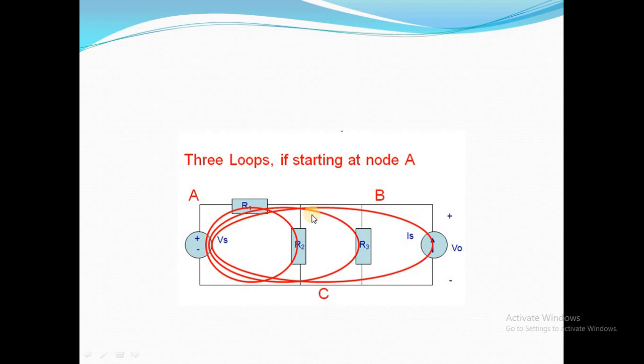So how many loops are there? What is the definition of a loop? It starts from one point and does not repeat the same node again. It starts from here and comes back to the same point. For the second, I go across this and cover this, that is the second and third. So 3 loops are there: this one loop, this two loops and this third loop. This is also correct.